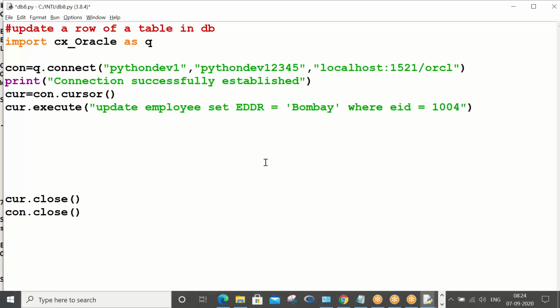Close it. Now it got updated. So you are updating a table which is in New York while you are sitting in Hyderabad.